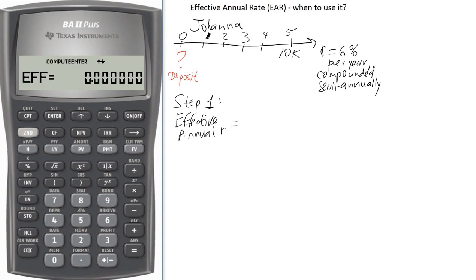Then again you press either the up arrow or the down arrow key. Stop when you see EFF on the display, which means effective, and press compute. And sure enough, it's a little bit more than 6%, 6.09. Okay, so the effective annual rate is